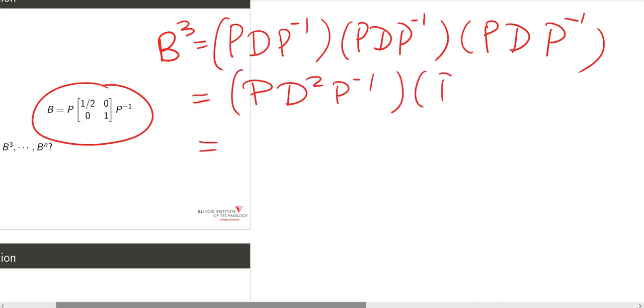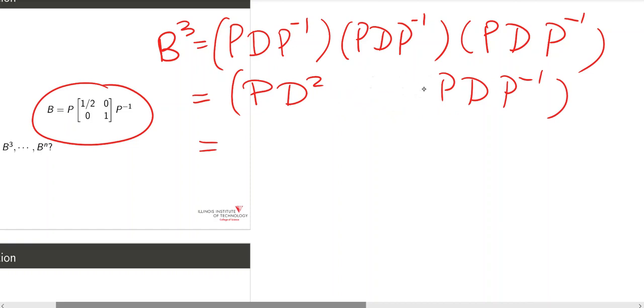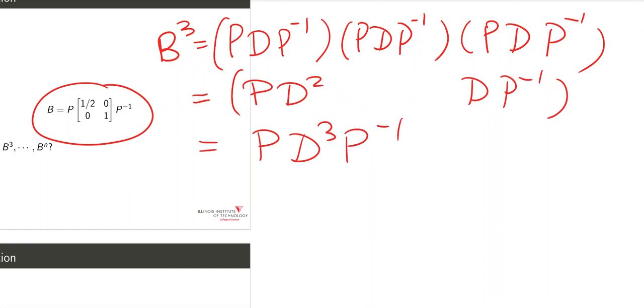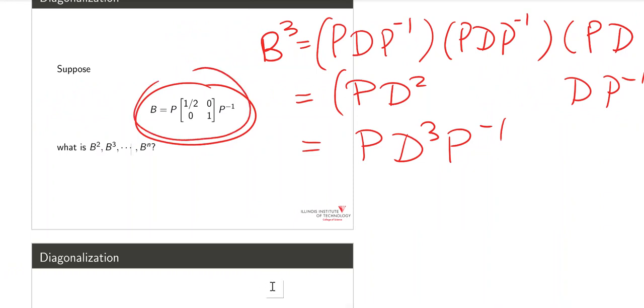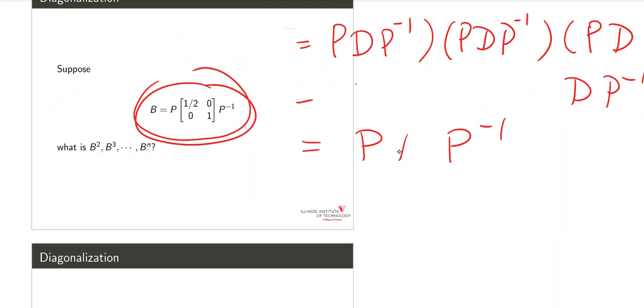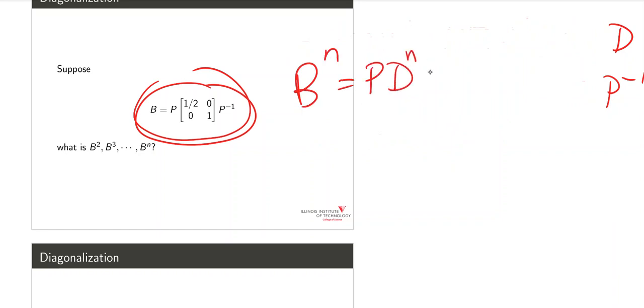We already know that. And then P D P inverse. And so again, this cancels out, and these two combine. So you have P D cubed P inverse. So in general, you can see that if you have a matrix B of this form, then B to the power of n will be in the form of P D to the power of n